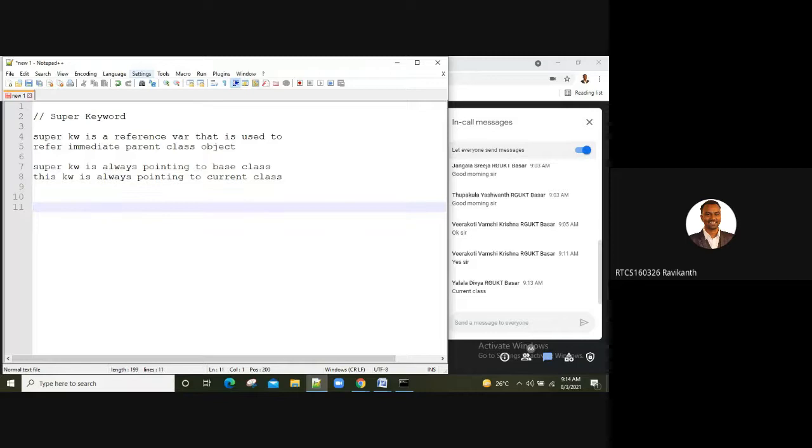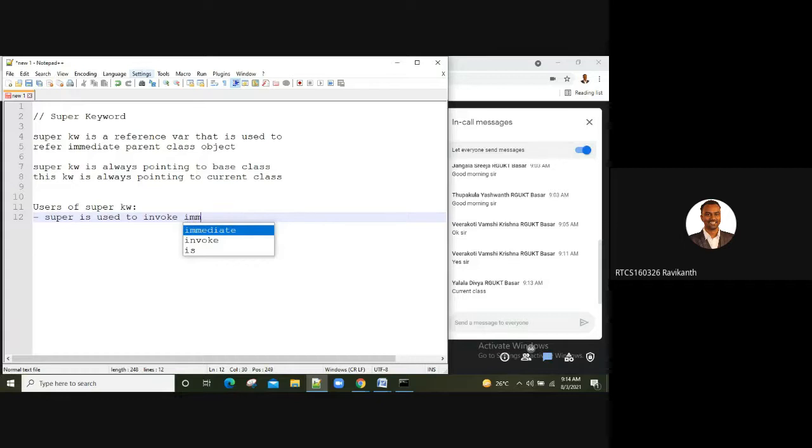Now let us see some uses of the super keyword. Super is used to invoke the immediate parent class constructor.